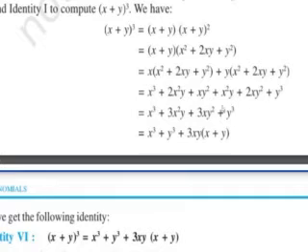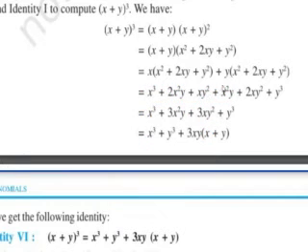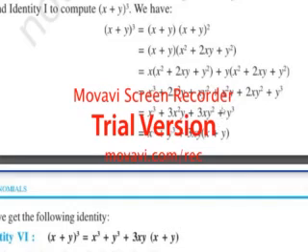So if you see, it becomes x cube plus 2x square y plus xy square plus x square y. Here this also is x square y, and this is also x square y. Both x square y terms will be added, because plus and plus, the same sign is in front, so it will be added and the same sign will remain. So plus 2x square y plus x square y is 3x square y.